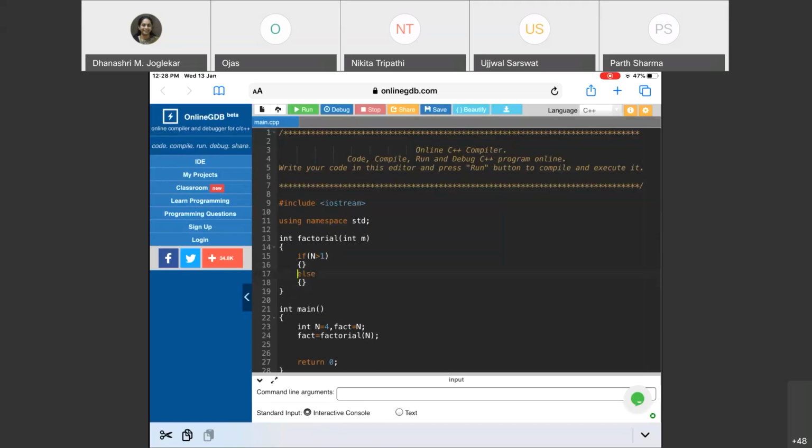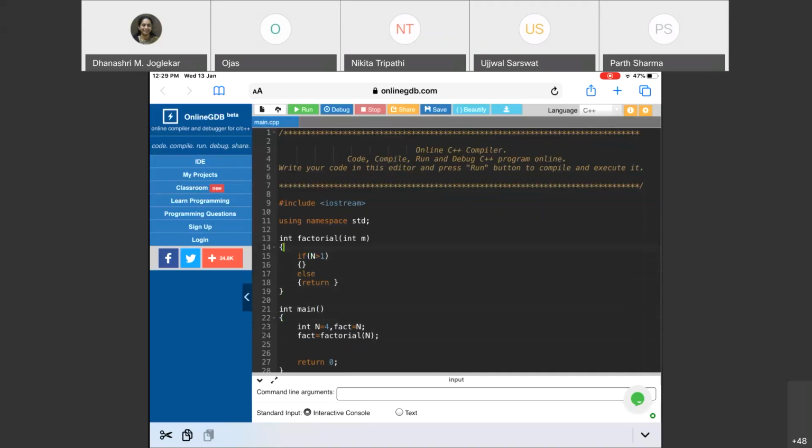So now let's first write what happens when n is equal to 1. We just have to return. In each of these cases, either inside if or inside else, you will have to return something. Why? Because you are taking it in an integer basket, so you have to return. The basket you are using for taking the output of the function and the kind of output you are giving from the function should always be identical. So you should always have a return inside either else or if.